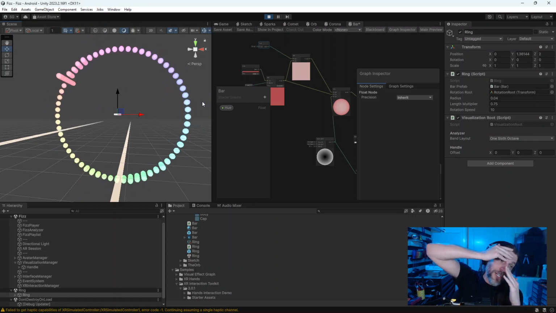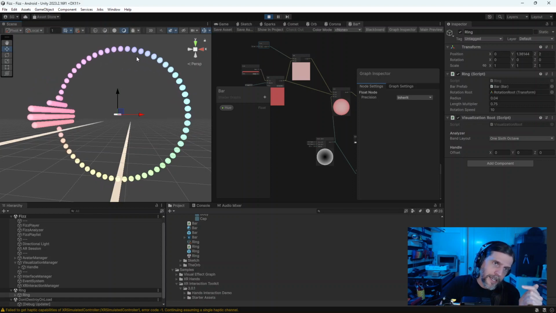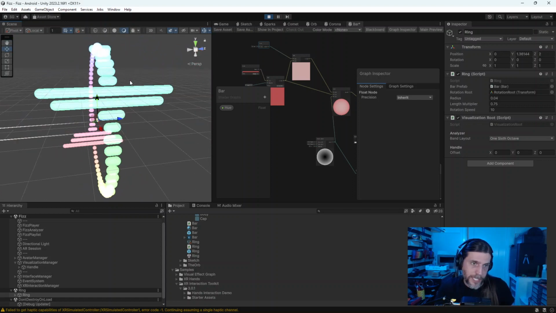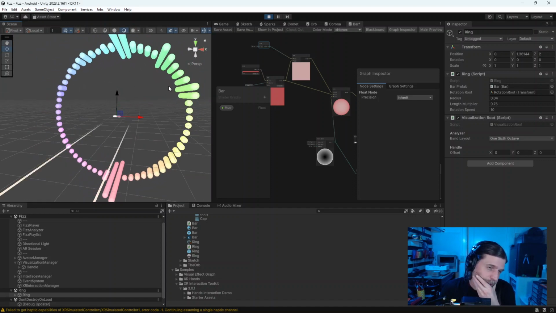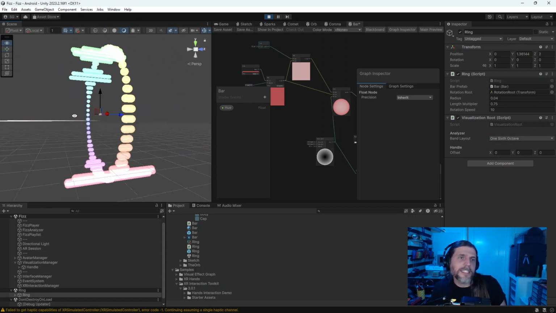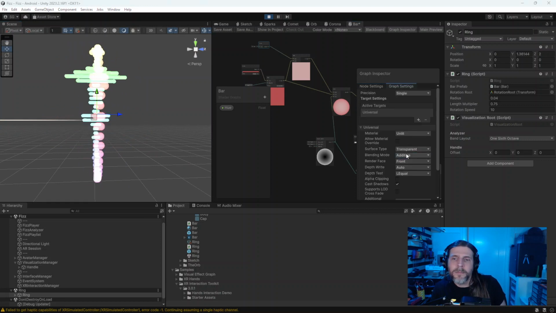So maybe the triggers give it some wobble. Maybe it starts to rotate around the perimeter, so all of these are rotating around in sequence. Could look cool. Maybe you can adjust the size. It still feels like it needs some additional elements. I'm not sold on